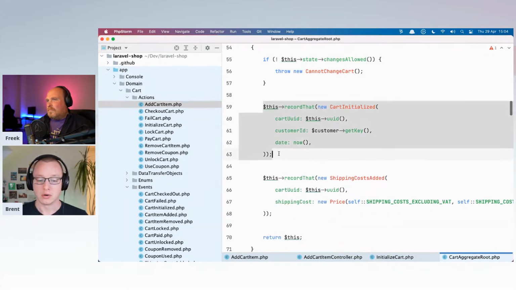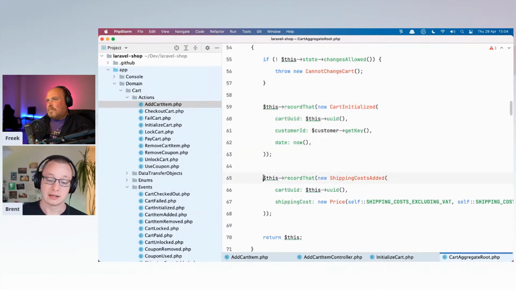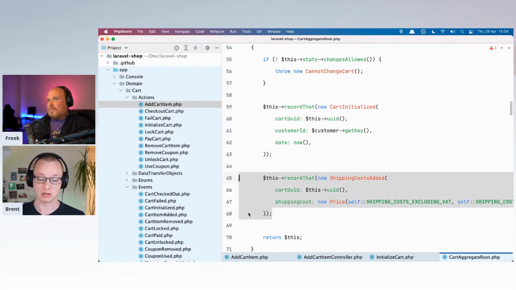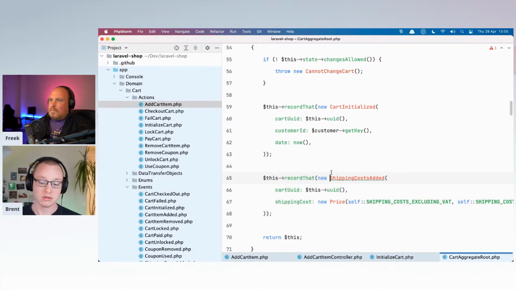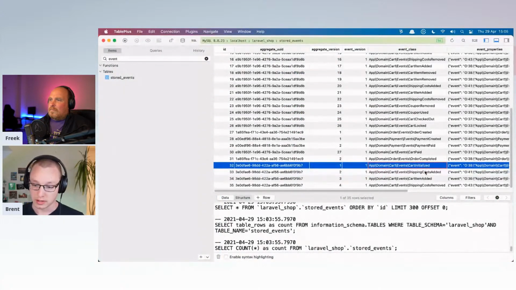And secondly, we're going to record an event, and we're going to record immediately a second event, namely that the shipping costs were added. You could also manage this with a reactor if you want some more indirectness, which offers some flexibility, but it's not needed in this case. So two events are triggered, which you can see over here.